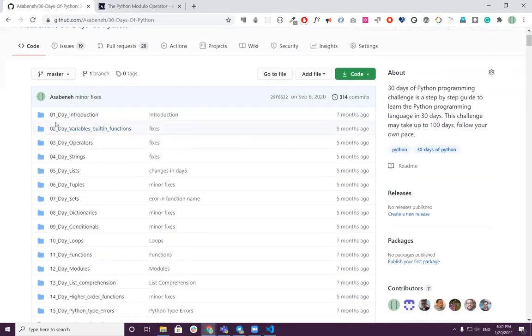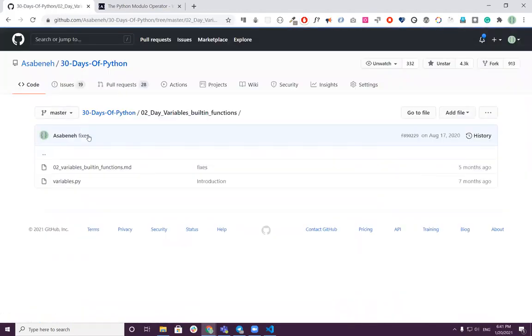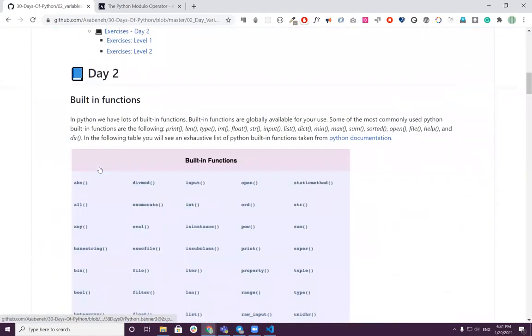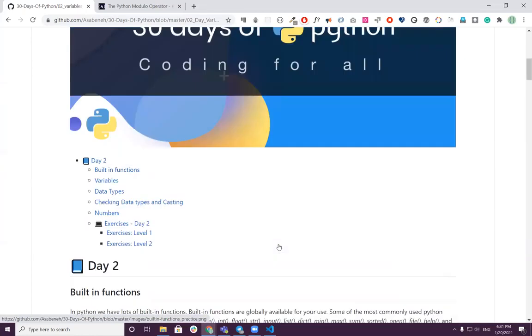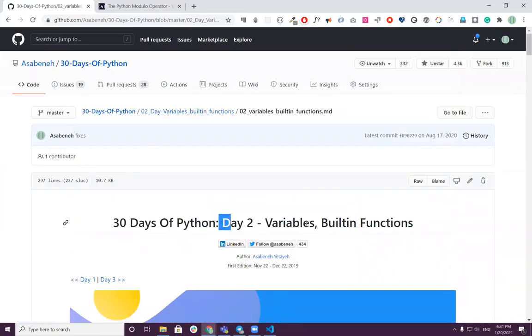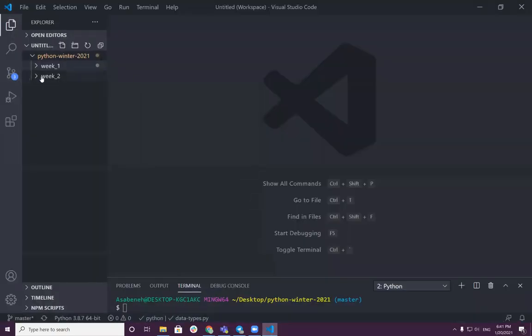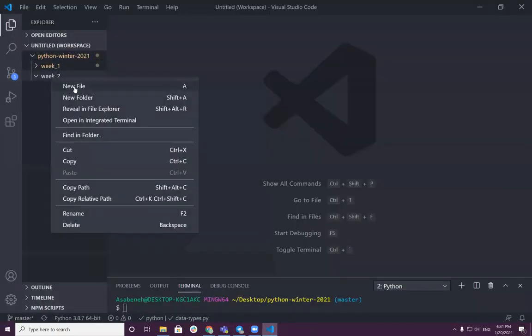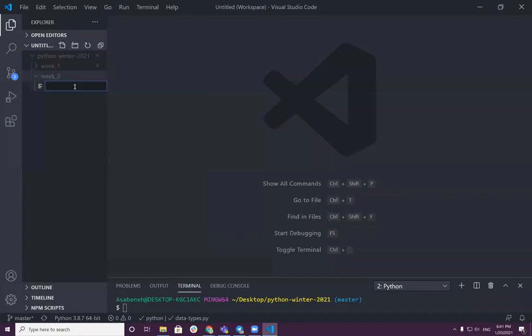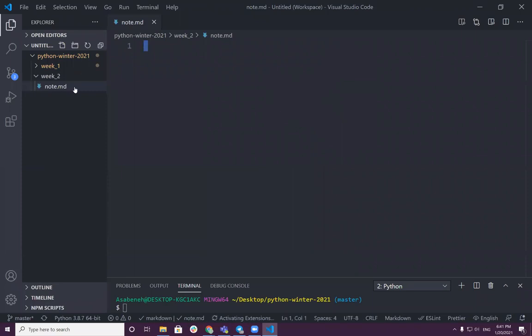So, for instance, if you have seen here, the built-in functions are well listed down, absolute value, and something like that. But I will also go, it's day 2, and I will also talk about that. So I have to make an outline here. I call it a note for me, so you don't have to. We will see. We will cover